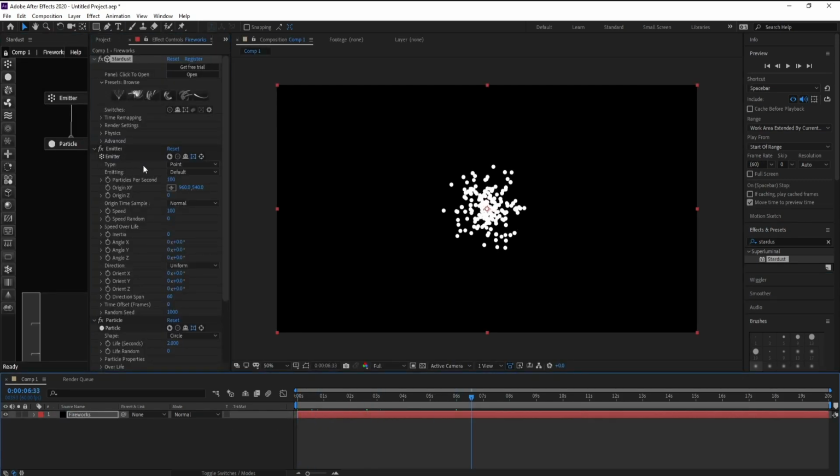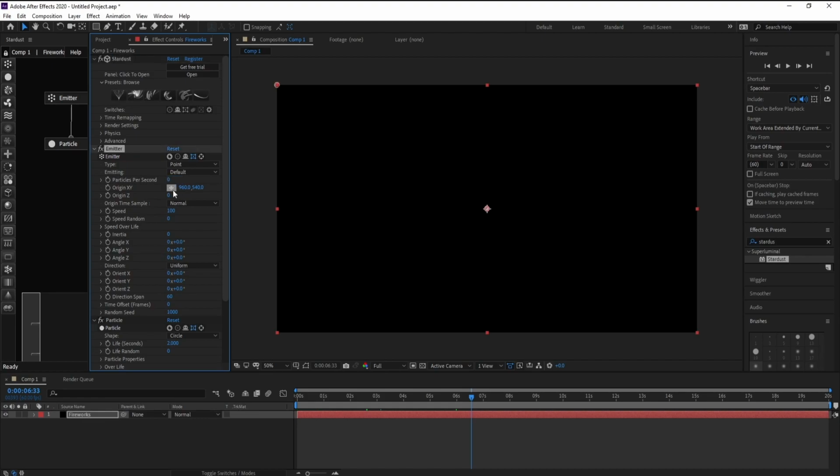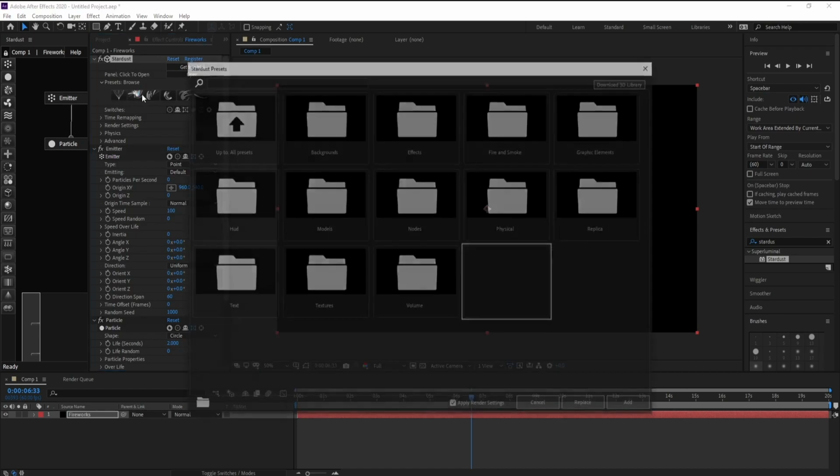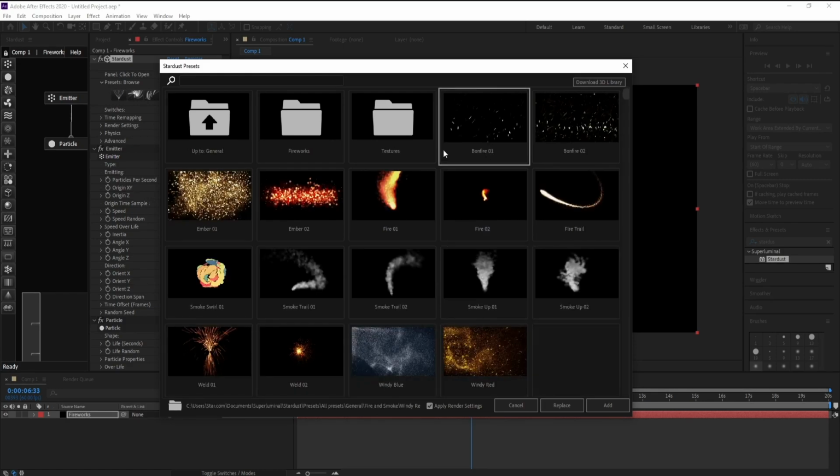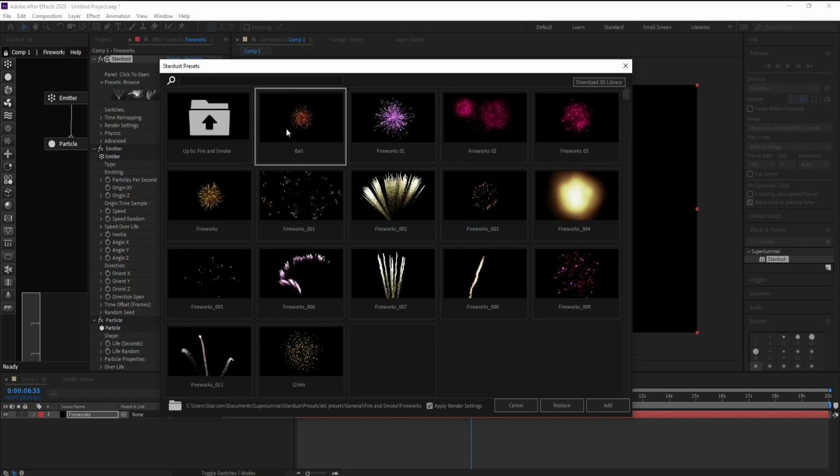First I'll go to emitter and I'll change particles per second to 0. Okay, and I'll go to presets browse and click and I'll go to fire and smoke, double click and double click on fireworks, and this is all fireworks here. Okay, let me try this one. Let's try this. Add